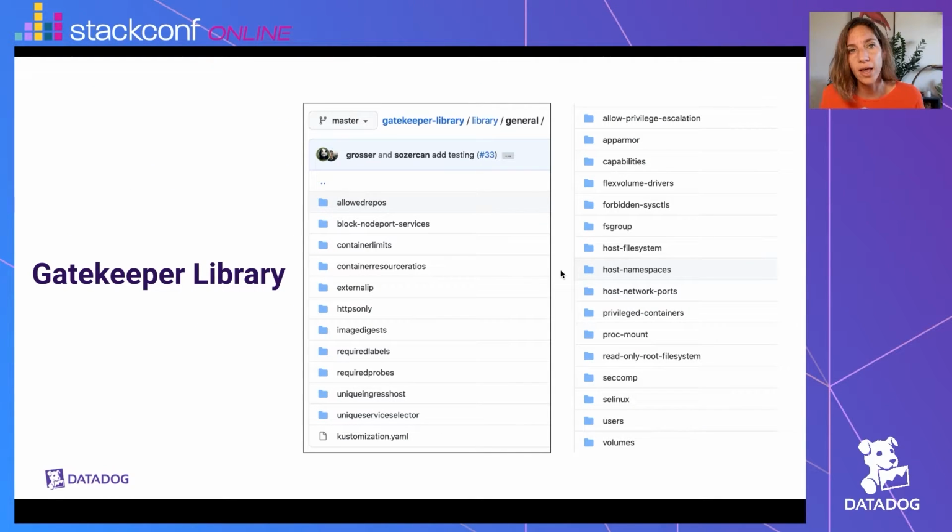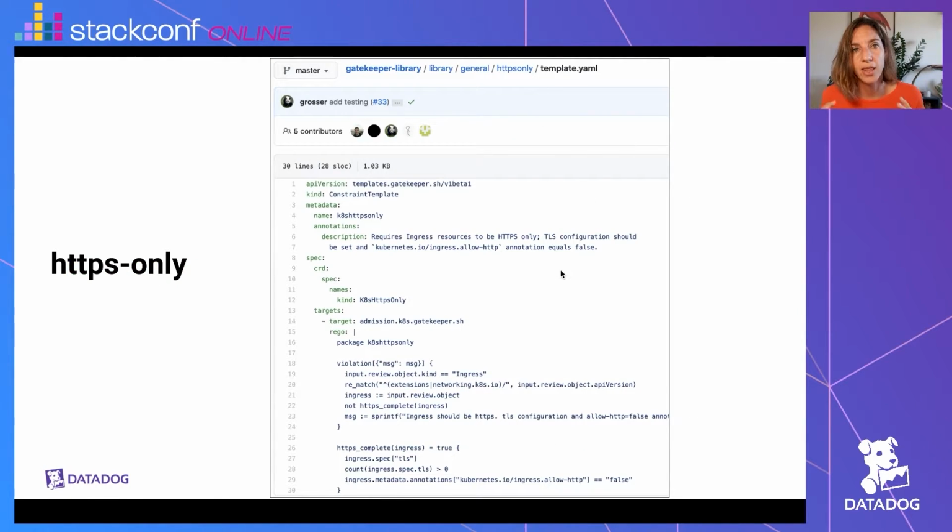So the Gatekeeper project, part of the OPA project, has created the Gatekeeper Library, which basically is an open source library of these constraint templates. So for many things that you already want to do, probably you don't even need to write any Rego or understand how Rego works, because there are already a lot of ready-to-use templates. And on this particular